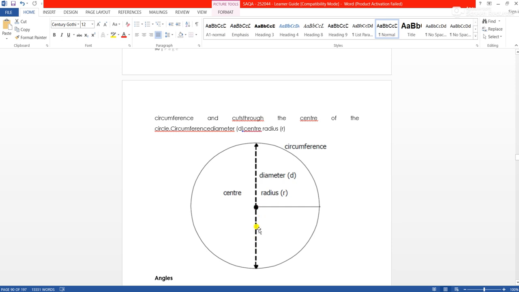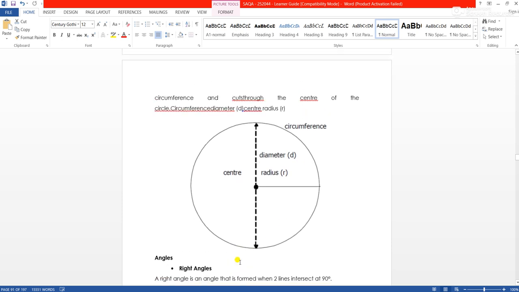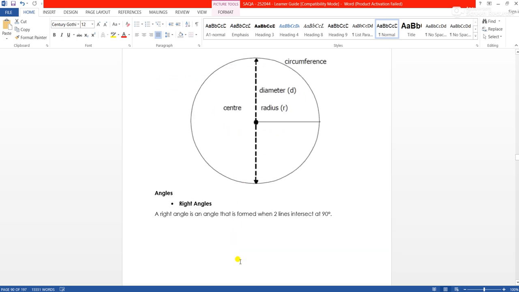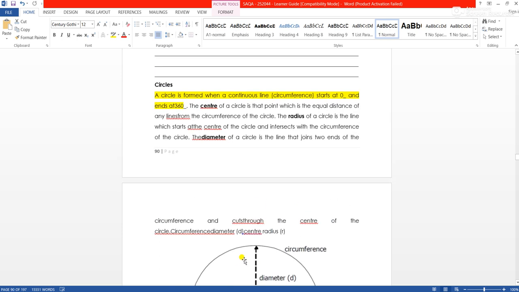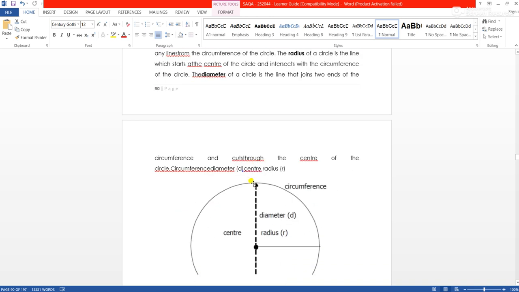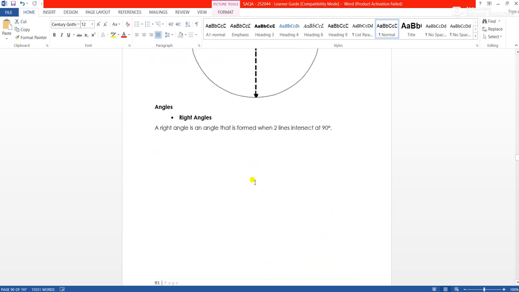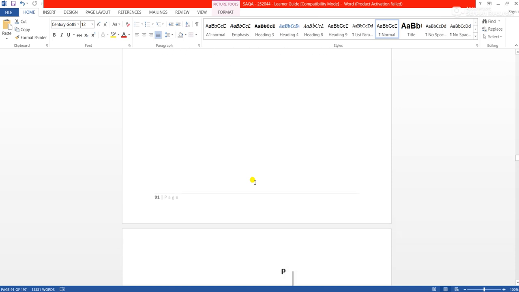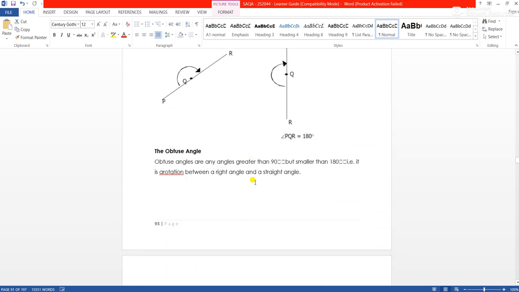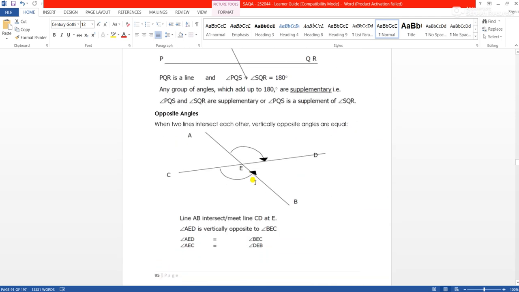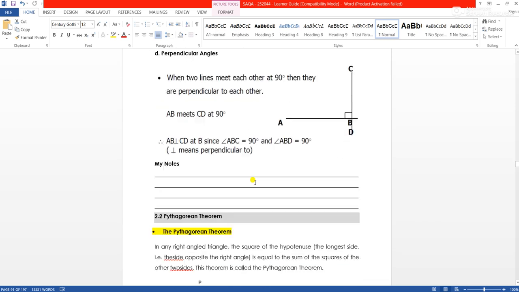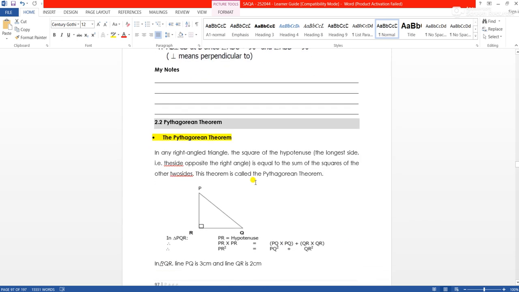The center gives your radius, and you've got the circumference. These are just the properties of angles that you find. You just have to go through this on your own. It's not too complicated. The good thing is that there are formulas within these, and we'll go through that. When you go through the formulas, it will make much more sense,